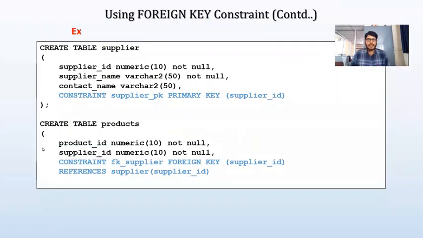So now after this, I'm going to close the statement by using a closing parenthesis and semicolon. So this is how we can provide references to the parent table. And in the product table, the supplier ID column will accept only those values which are available in the supplier table. That's it. So now let us see the demonstration of how we can create a parent table and how we can provide references for the parent table by using a foreign key constraint.